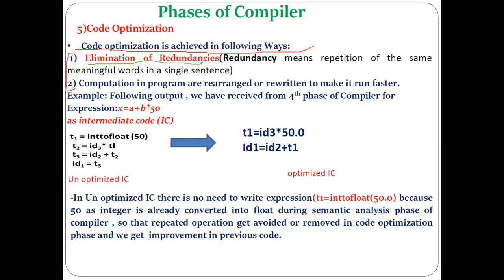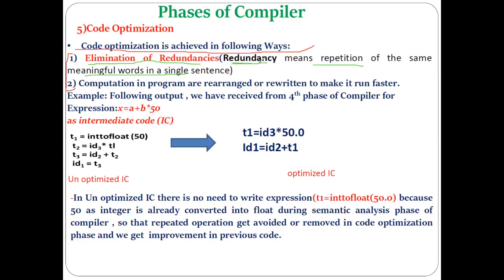One of the important ways is elimination of redundancy, or removing the redundancy from your code. Redundancy means the repetition of the same information within a program, or repetition of the same code within your program. The code which is available in the program, even if it would not have been available, our program will still work well. That is called redundant code.